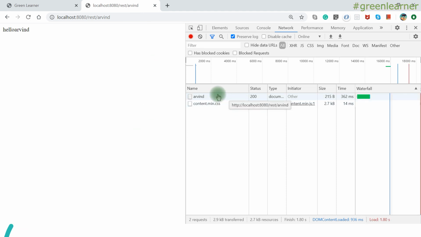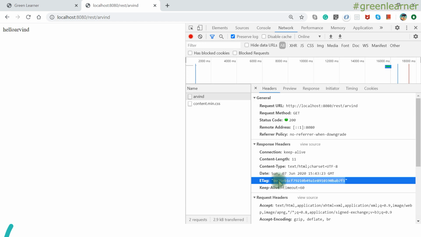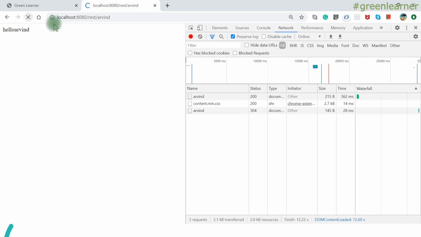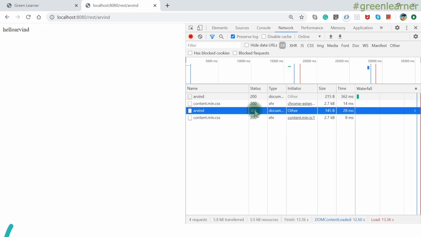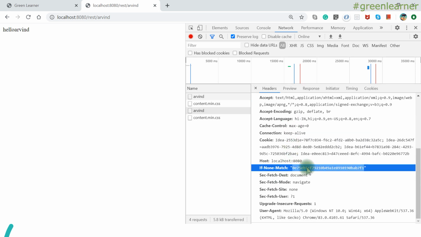It is responding with the status 200, right? See here, the response is coming again with the ETag information, right? And if I refresh this again, the content is same, that is why it is responding with the status 304. If I open this one, I can see If-None-Match right here. So it is the same, whether you are doing the front end code or REST endpoint, if you are hitting from the browser, it is the same. Or if you are doing the communication programmatically.